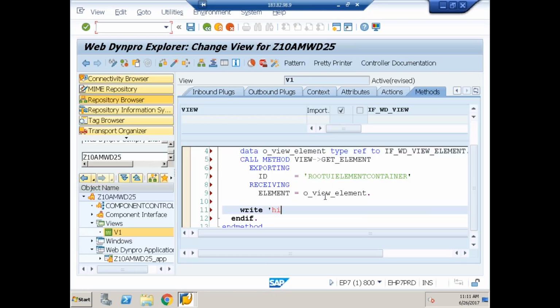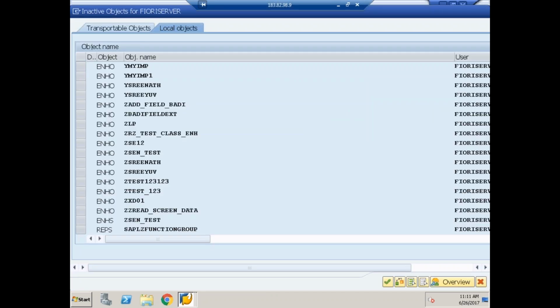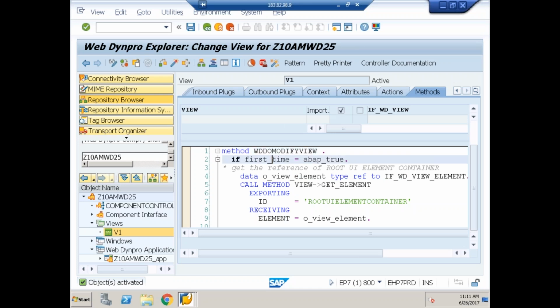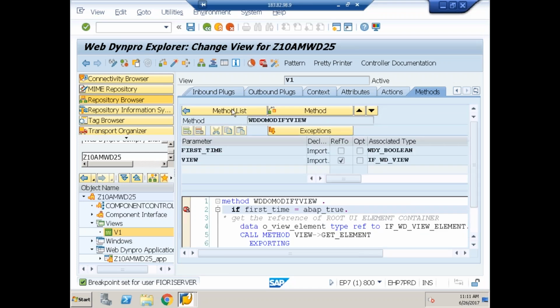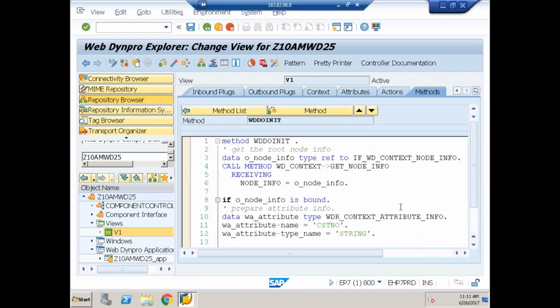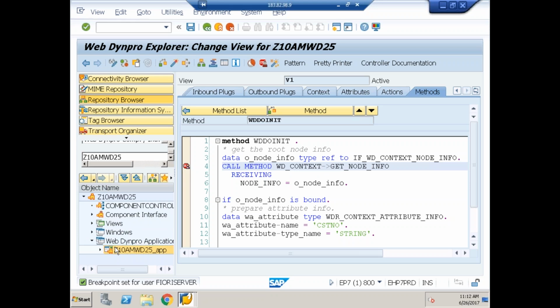I'll just debug it: save, check, activate this. So see the technique here. I'll give the breakpoint in the wd do modify view method. I'll also give a breakpoint in the wd do init method. So I gave breakpoints in two methods, wd do init and wd do modify view. Now when I execute this for the first time,